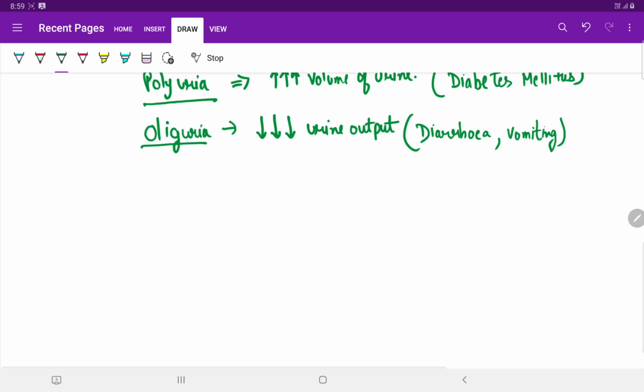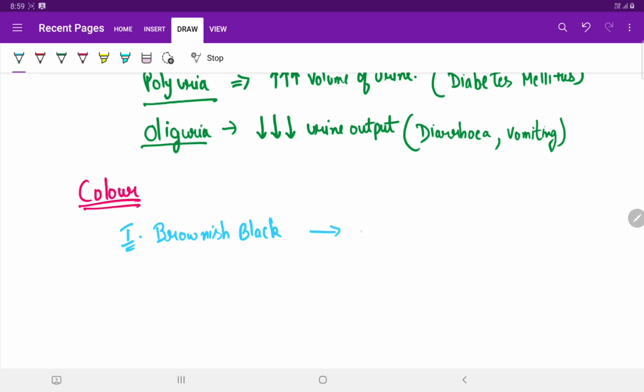The next one is the color. How does the color play a diagnostic role in the interpretation of various pathological conditions? Now I shall be drawing a simple table to show you how the different colors of urine have different diagnostic interpretations. Let us start with number one. If the urine changes to brownish black on exposure to air, it indicates the presence of